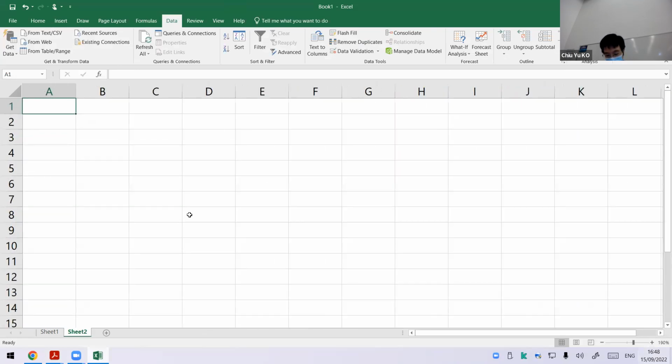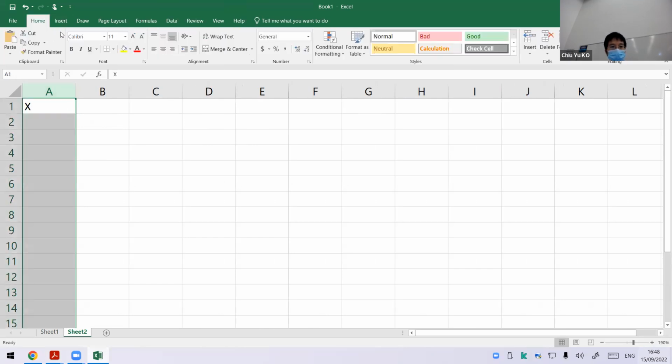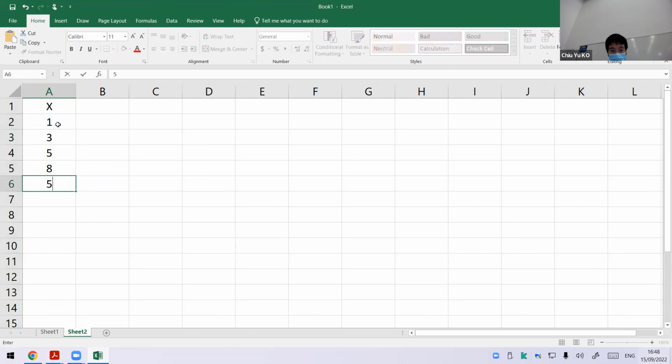What I'm going to do is I try to maybe start from X. I just need one single column here. I just randomly create some numbers. So the first question is,